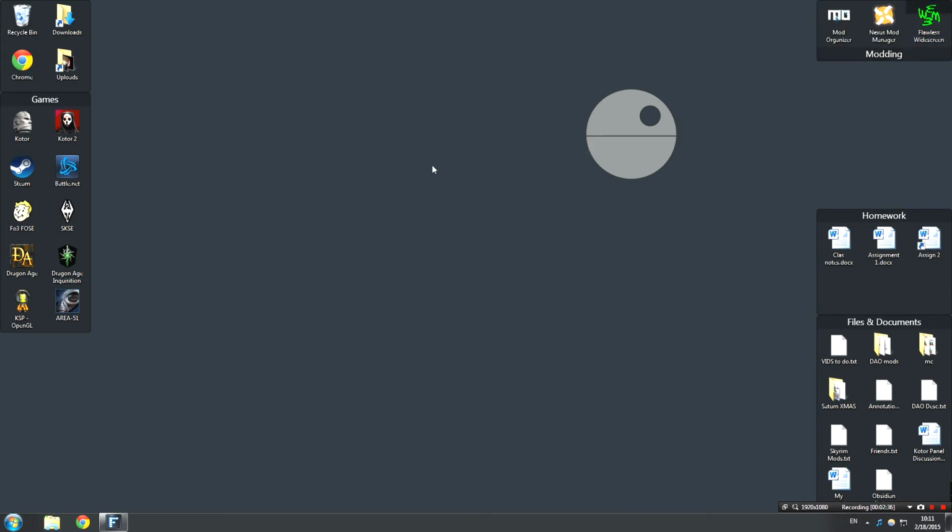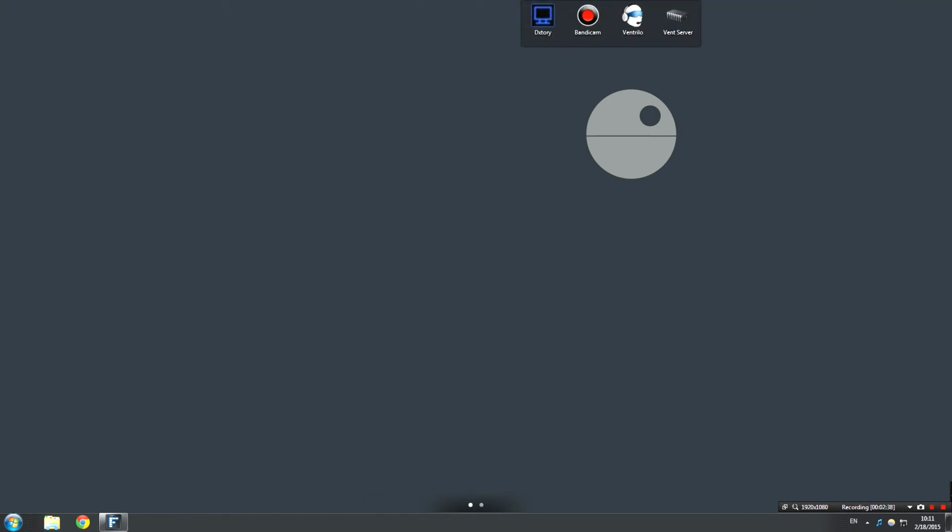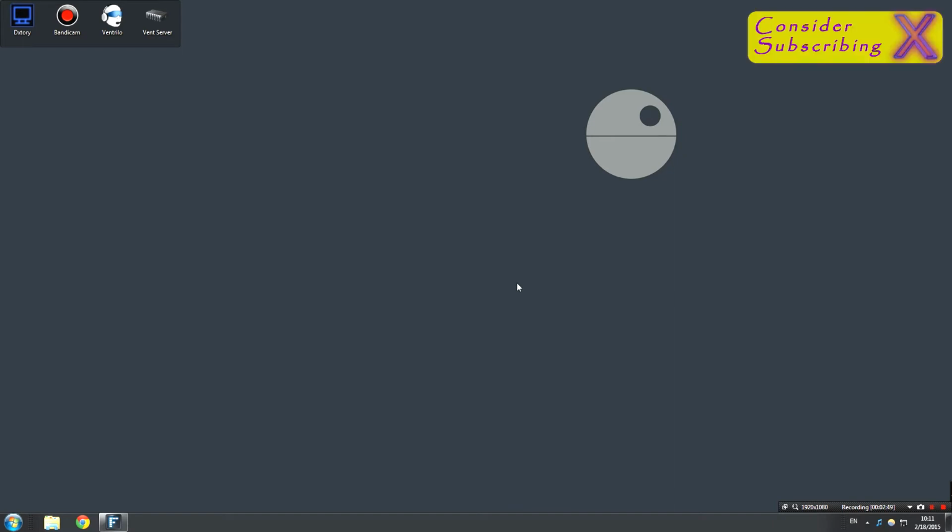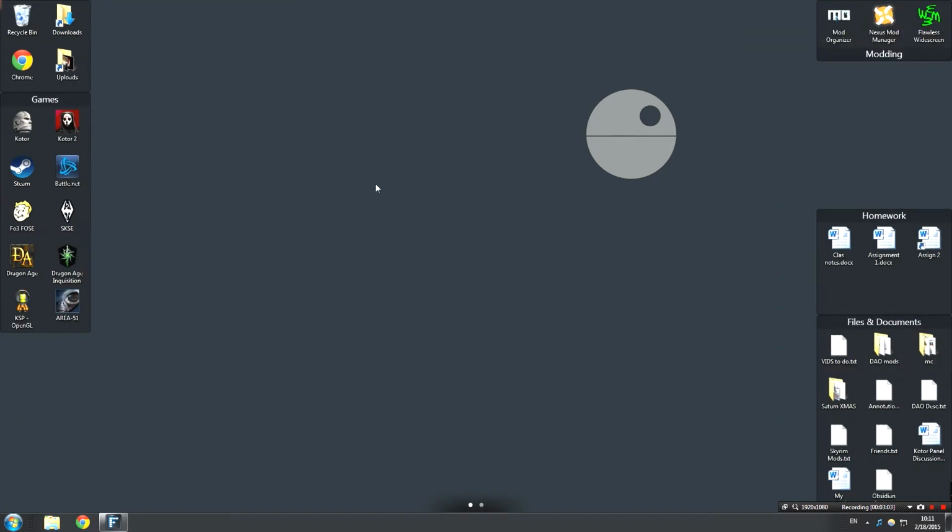I have it set up so that if I middle click and drag, I can actually open up an entire new window. So these are different desktops. They're functionally the same desktop, but with all different icons. So in my case, I could have made a video desktop that I scroll over to, and it just has all of my video stuff on it. In this case, I just threw some recording software and a link to my Ventrilo server over here. And if we scroll back, we can go over to my main desktop again.